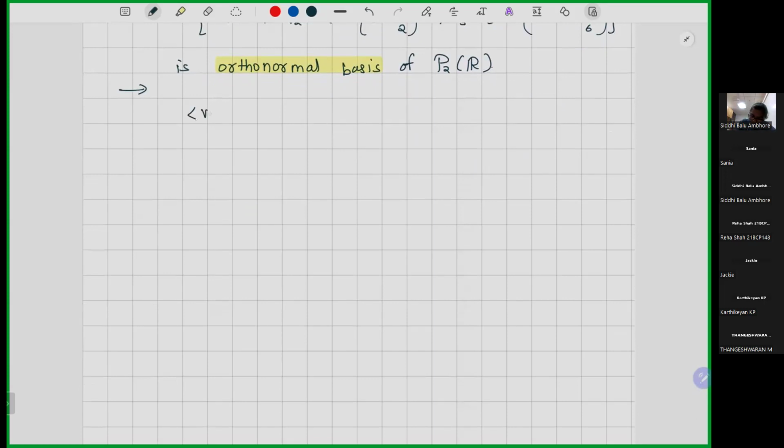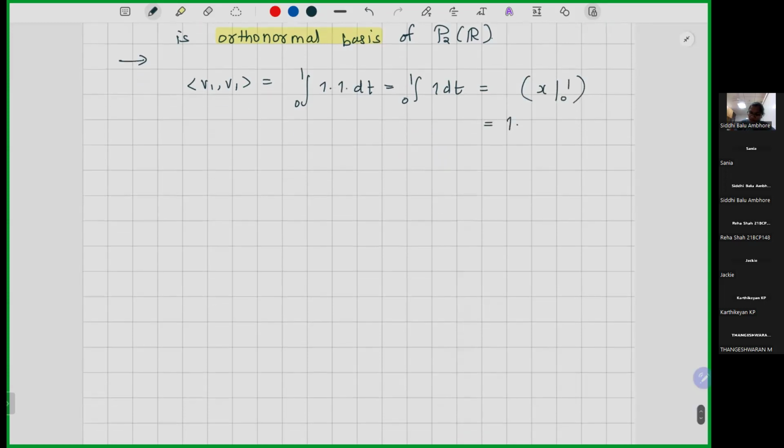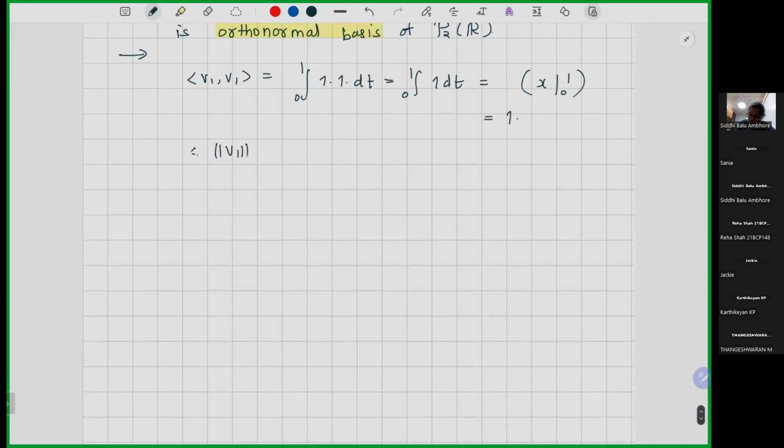So for V1, it is V1 comma V1. So norm, 0 to 1, 1 into 1 dt. So it is 0 to 1, 1 dt. So it is just 1. Or let me write, x running from 0 to 1, which is 1. So therefore norm of V1 will be square root of this V1 comma V1,